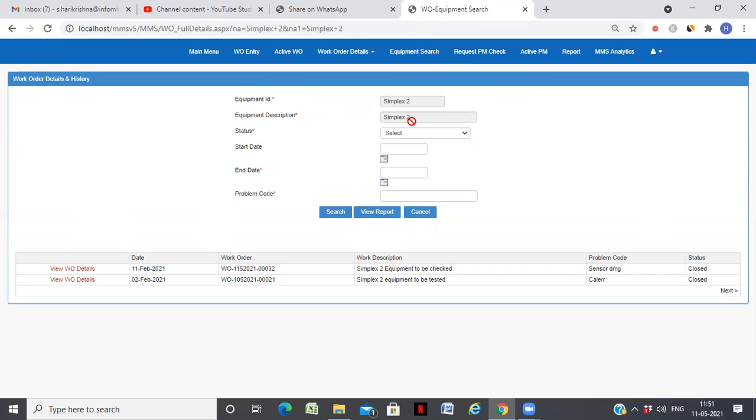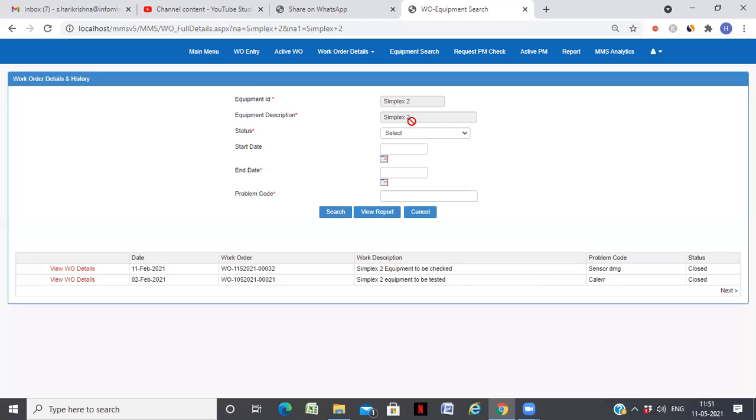So like this, you can create all the work orders. What you have seen is that you can create a work order and then approve the work order, assign it to the respective departments and the technicians who can update the status and close it. So all these can be tracked. You can also see the job history of each equipment, and you can also see the equipments which have the PM due or the CIL tasks which are due, and request a preventive maintenance so that it can be handled.